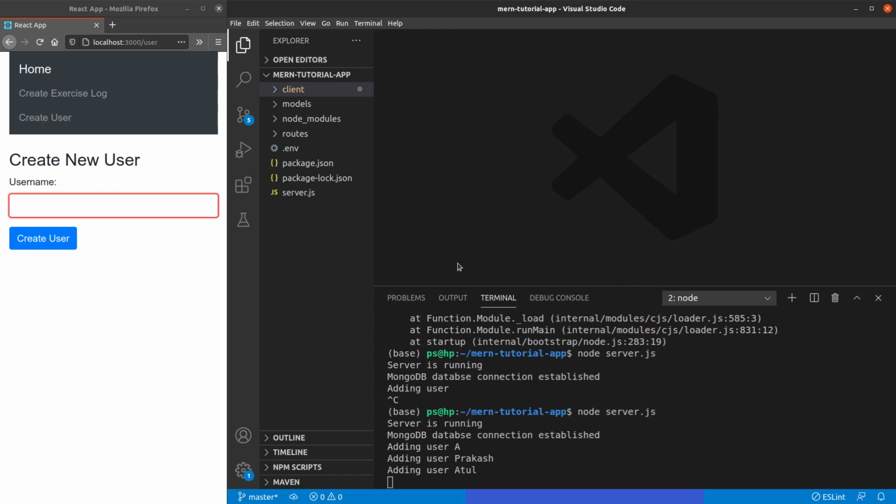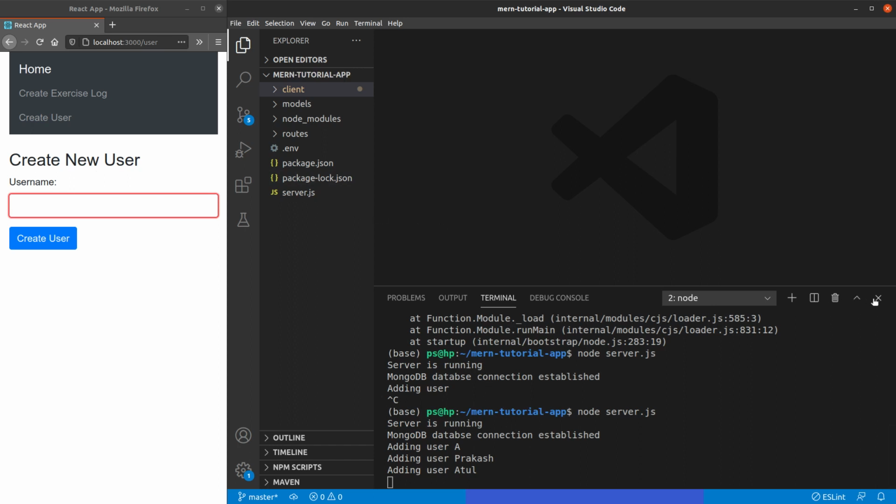Welcome back everyone to the Monstack web application development tutorial. So far we have created the React front end, interacted with the Node.js, Express.js backend server, which in turn interacted with the database, and we were successfully able to complete a single flow of the Monstack web application.